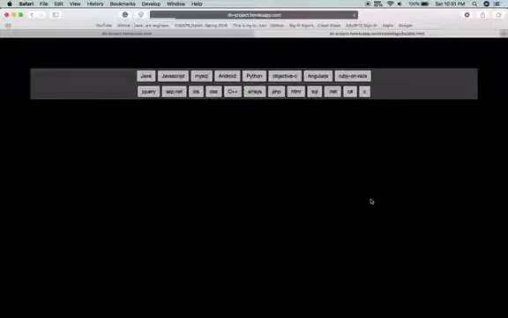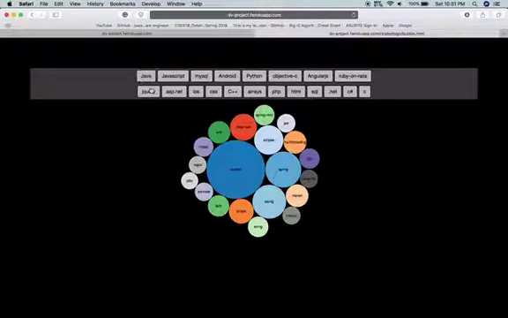The third and final visualization is what should I learn next. If I know Java, it will pop up a bubble chart that will show me all the related technologies that go hand in hand with Java. As you can see, Android has the biggest bubble, and the second is Spring. So it would make sense for me to learn Android or Spring if I already know Java, because these are the most popular technologies that go with Java.